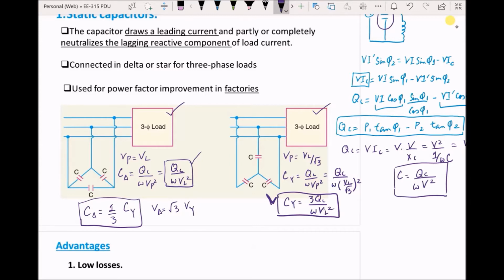That means for higher voltage applications, we are going to prefer